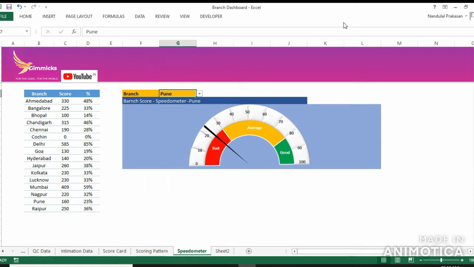Today we will discuss how to create a speedometer on an Excel sheet. Here I have a list of branches of an organization along with the scores achieved by the same branches. Also, I have a drop-down wherein I have the same list of branches of the organization. Let's say I am selecting Delhi from the list and you'll see the pointer is pointing towards the score achieved